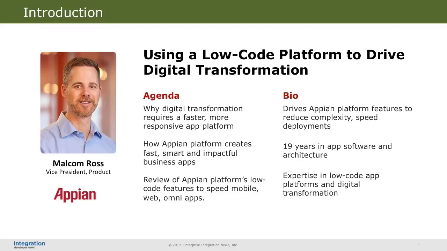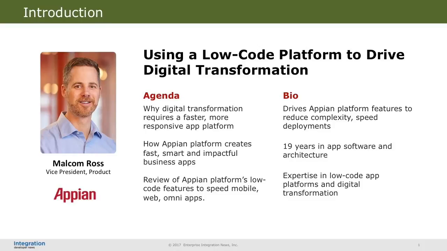He is truly an expert in the evolution of application software and architectures as we hit the frame of the digital transformation, digital business requirement. He drives Appian platform go-to-market features and ways to make sure that it meets customer needs. He is an expert in product management and in the now evolving low-code phase of software development, and a frequent speaker.